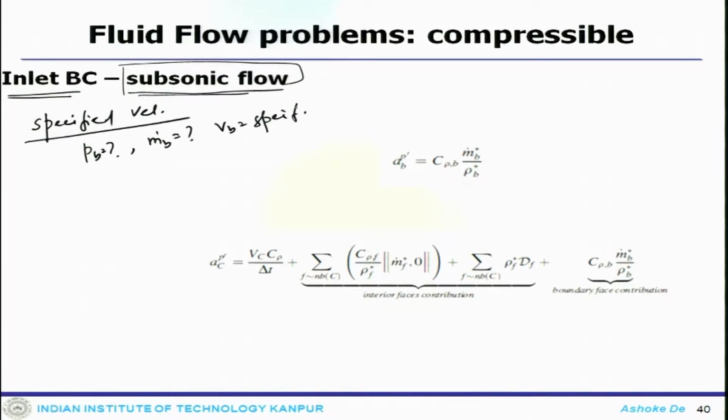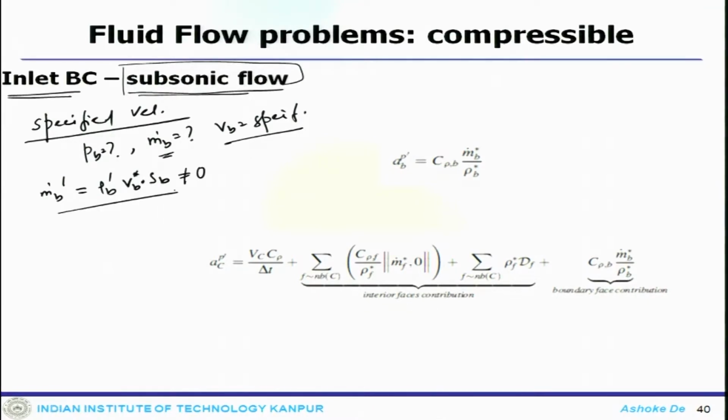Now, like incompressible flow, for compressible flow the density depends on the pressure. So, the mass flux remains unknown even with the specified velocity. See, that is the big difference. When you talked about the incompressible case, as soon as you know the velocity you could calculate this, but in this case without knowing the density you cannot do that. So, that means m dot b prime is equal to rho b prime Vb star dot Sb, which is not